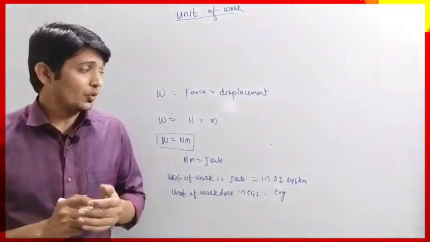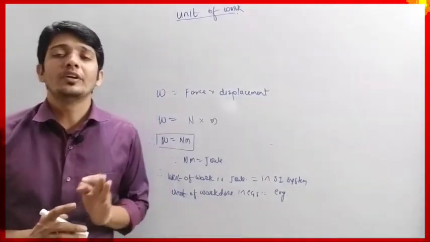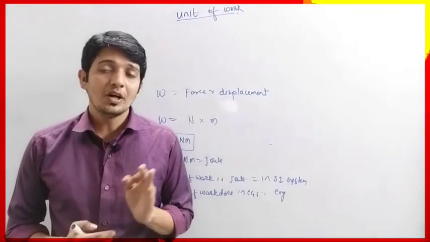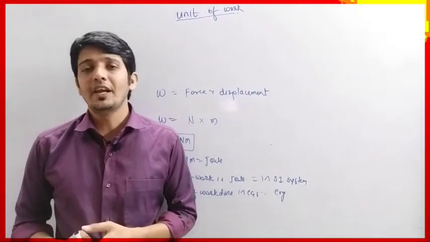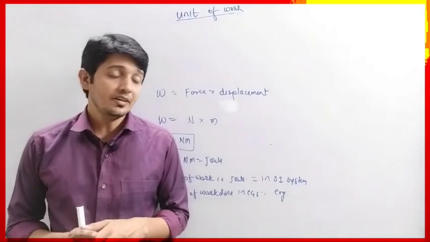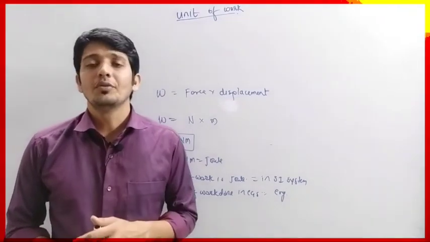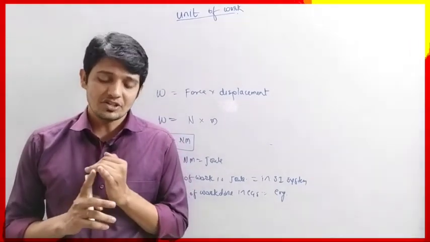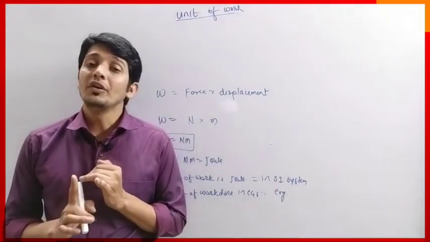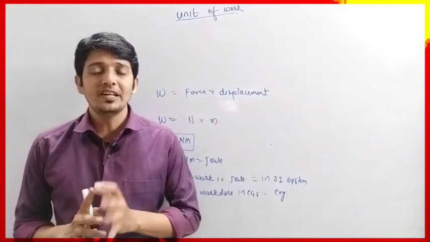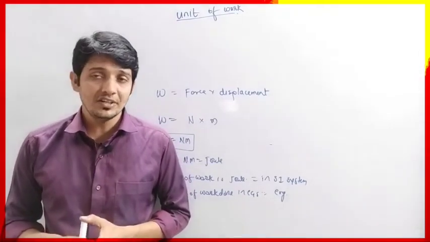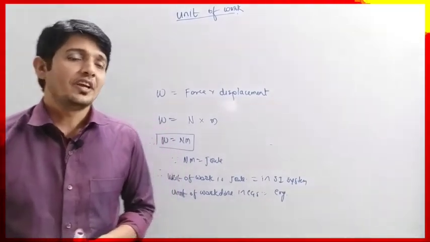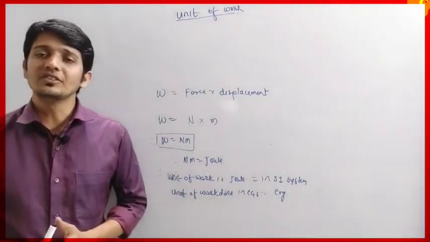Okay, so in today's session we have already discussed the types of work done on the basis of the applied force and displacement of an object. Then we have seen the unit of work. So we have derived the unit of work, and understood the unit of work in the SI system as well as in the CGS system. What is CGS? It is centimeter gram second. Okay, so students, if you want to write, you can write or take a screenshot.